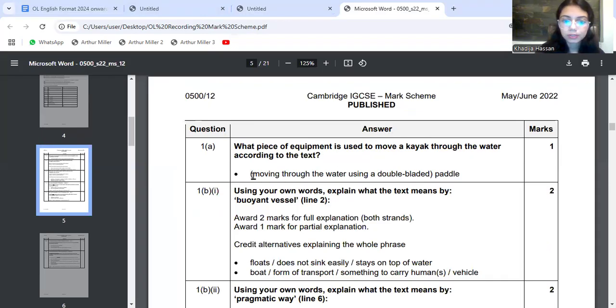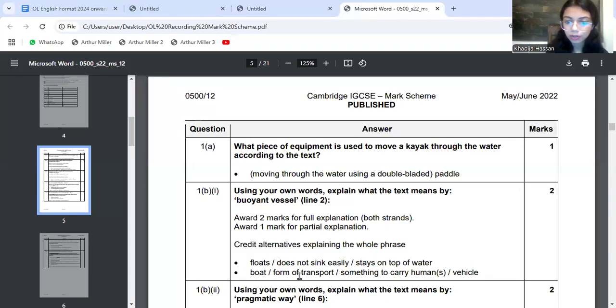All right, so this answer was correct. Moving through the water using a double-bladed paddle, right? And then, for buoyancy, they've written floats or does not sink easily or stays on top of water. So I don't think they would have given me a full mark for moving. They might have given me a 0.5, right? For vessel,